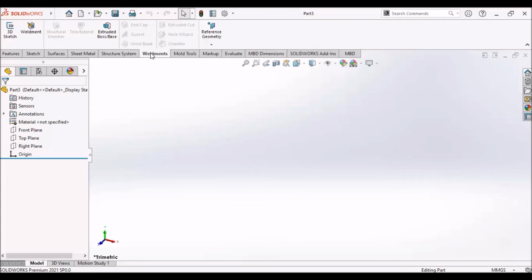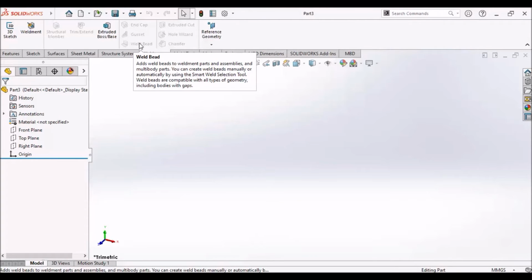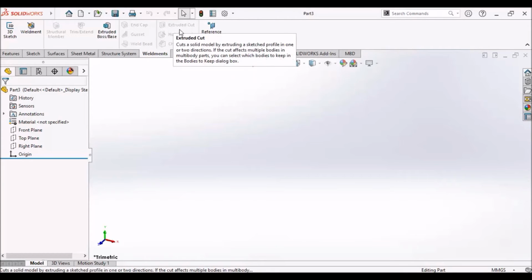And weldments are also very useful for engineering students, because there are a lot of engineering students who build their own Formula 1 vehicles. At the graduate level, we have to design and fabricate mini automobiles. We can use weldments, like 3D sketch, weldings and structures. We can easily import pipes and members. We can trim, extend, add gusset plates, weld them and add end caps, and chamfers, hole wizard. There are a lot of varieties that we can really use as a mechanical design engineer.